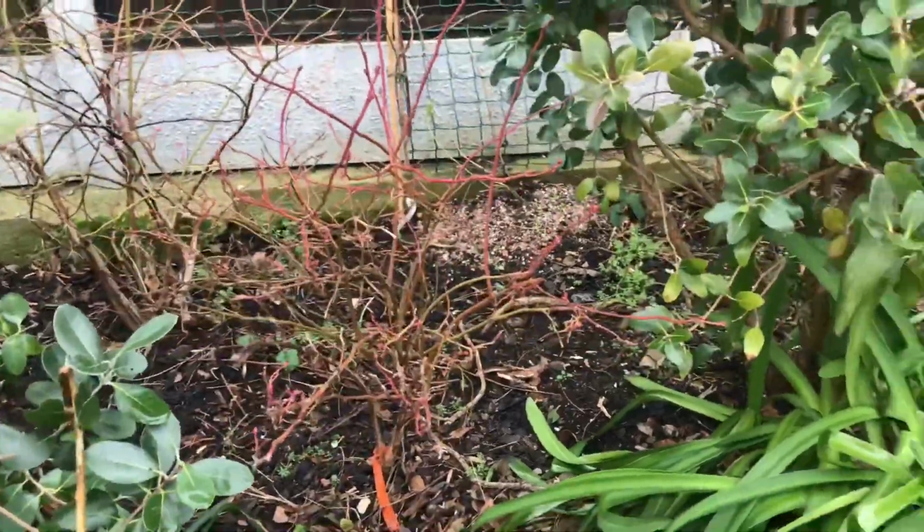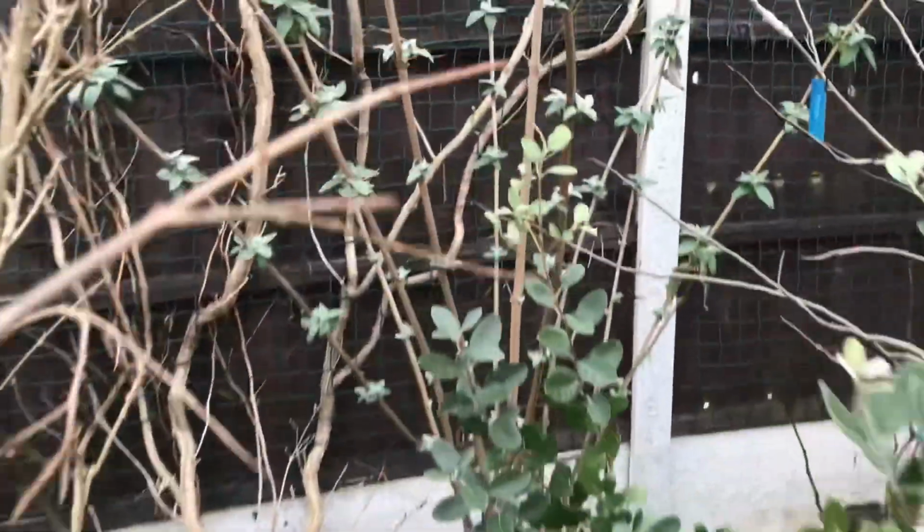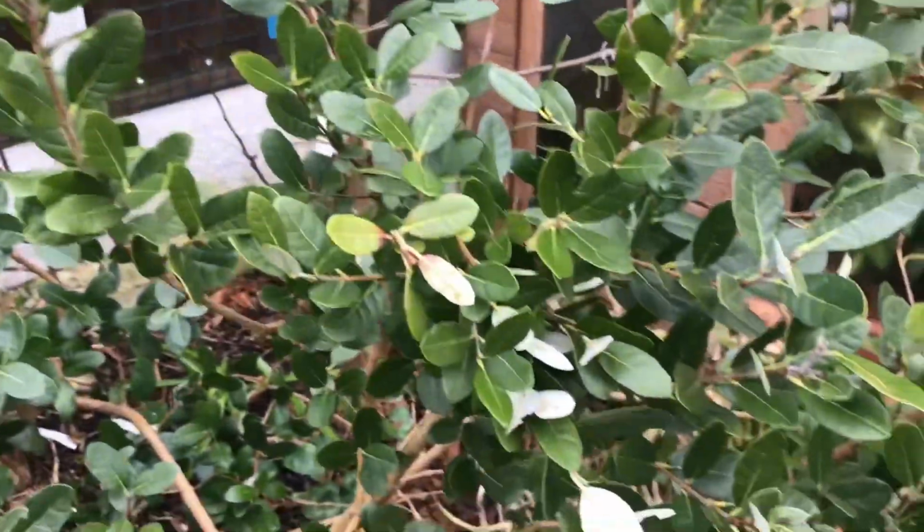Most everything else is dormant, of course. We'll have a quick look around. Pomegranate is dormant. Buddleia's trying to put out new growth. I need to cut that back heavily. Obviously there's no new growth on the pineapple guava yet. Have a quick look at my